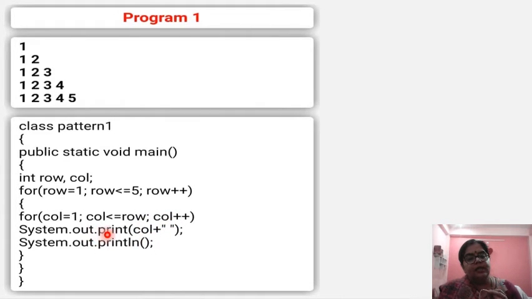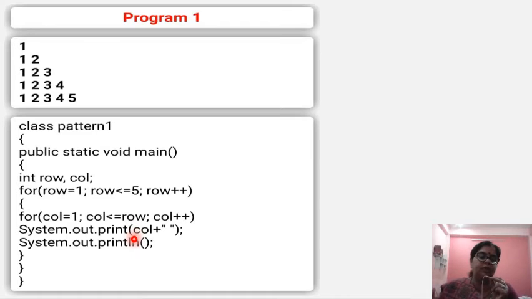So first it is printing column 1, it will print 1, then again it will go because the condition is still true, 2, and row is 3, then again it will work till 3. Now as soon as it becomes 4, your condition is false, so it will come to the next line in your program and it will print 1 2 3. Like that it will go on 5 times, because your loop will work till less than or equal to 5.